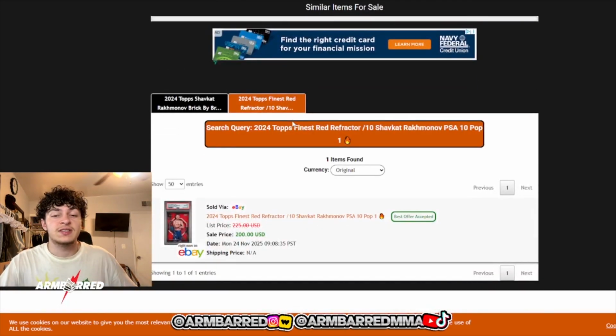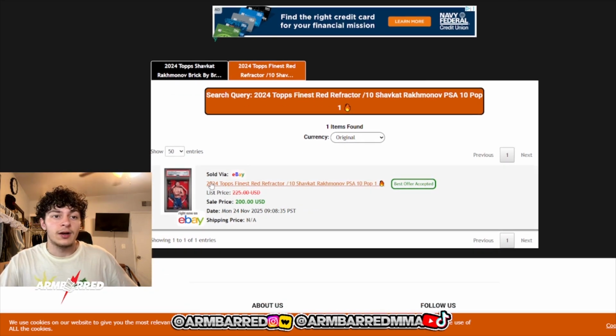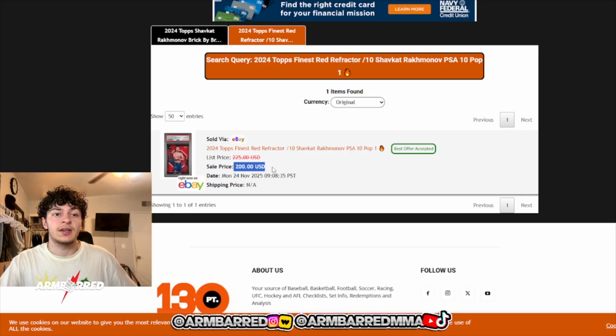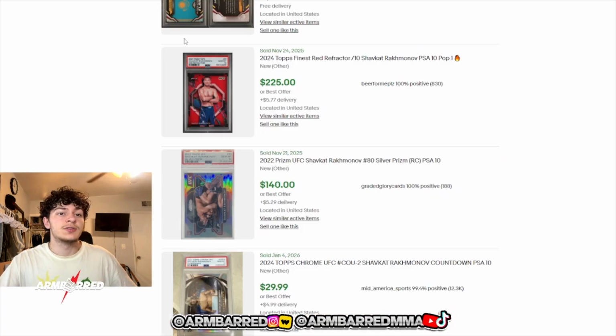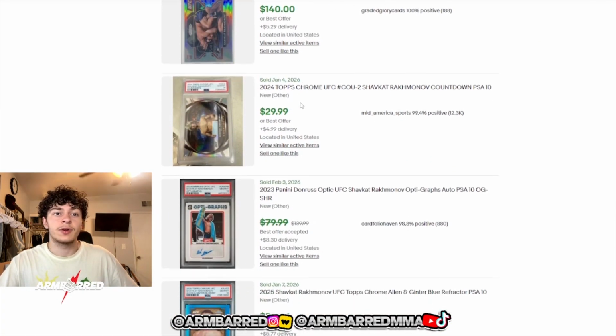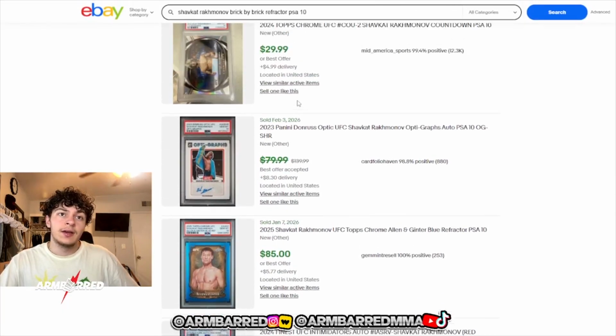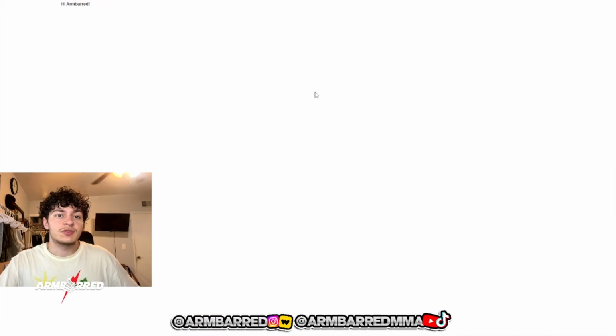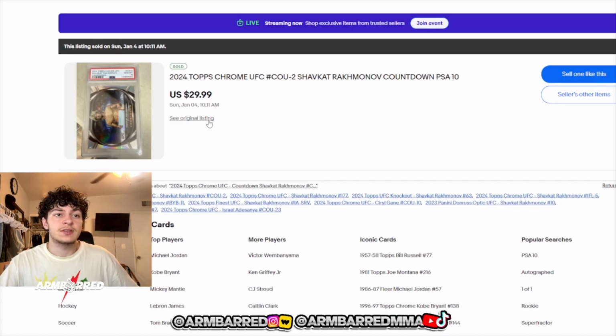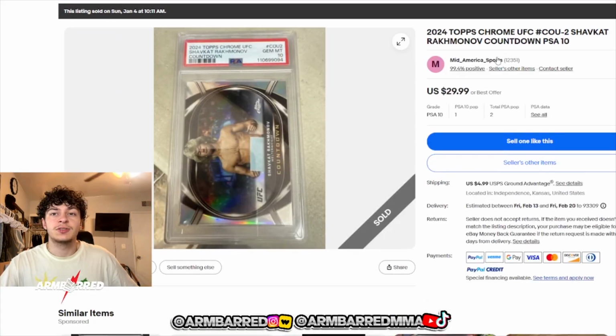You could say $60, and it ends up being a $40 card. Also, for instance, this one did $225, best offer accepted. It was actually taken at a sale price of $200, so they took $25 off the original price. Here's a Topps Chrome 2024. This could just be a gauge of where